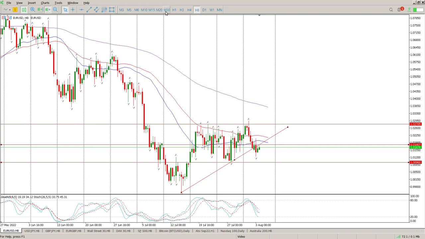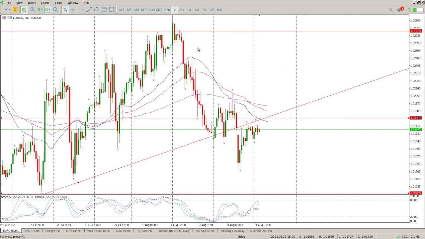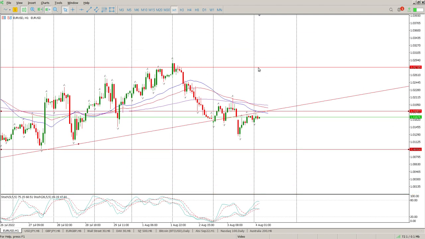I think for me, still sitting on the side here, waiting for one of those levels to give way. So the levels I'm paying attention to for longs are 102.785. If we get above that, I'm looking for a break and retest of that level for a long. And for shorts, we're looking at